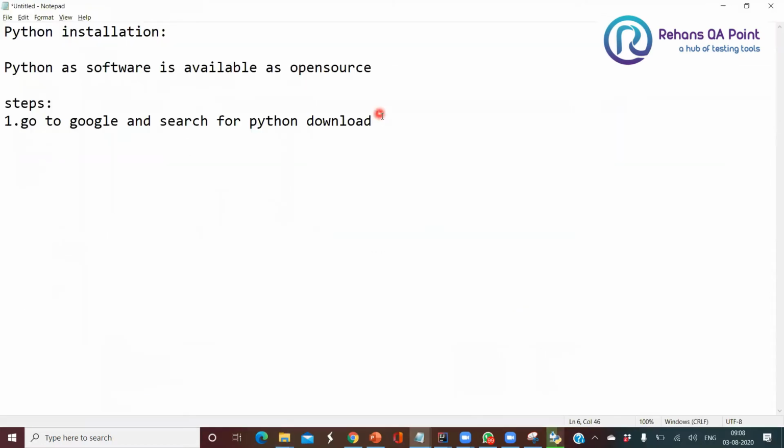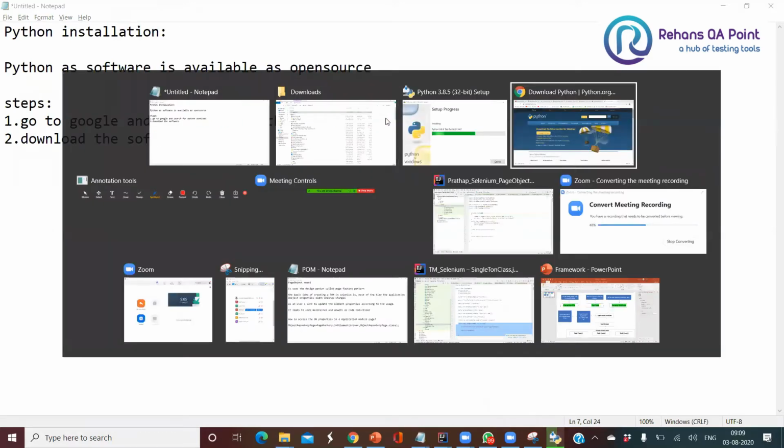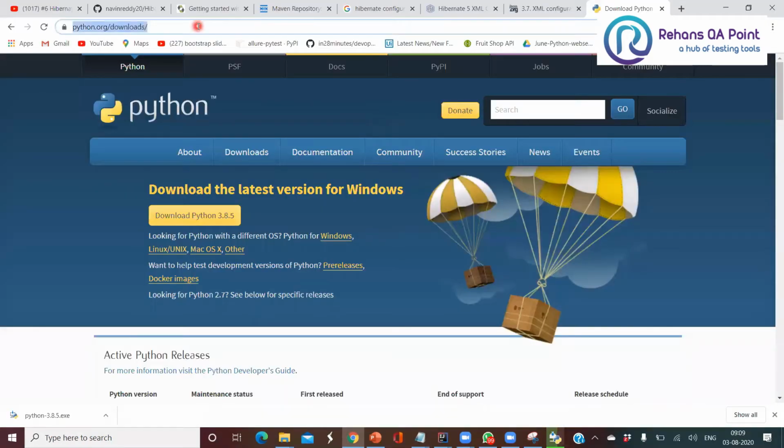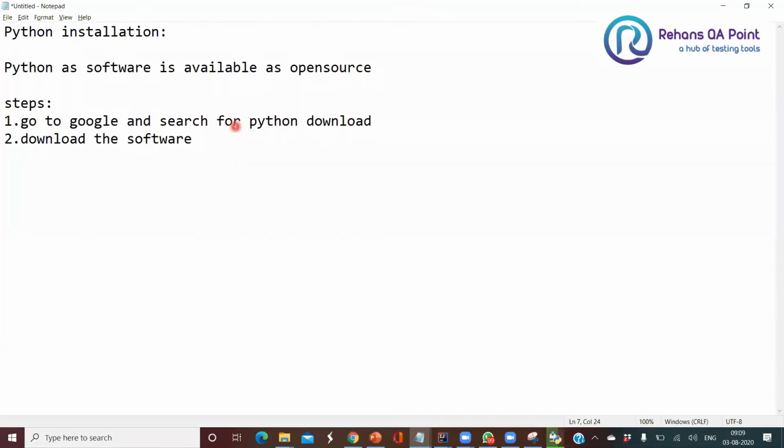So go to Google and search for Python download. Then download the software. I'll be giving the link also in the notes, so you can get it easily from there. Download the software from the below URL.